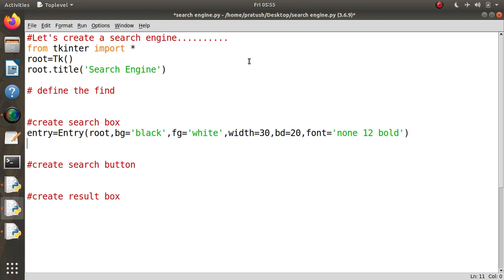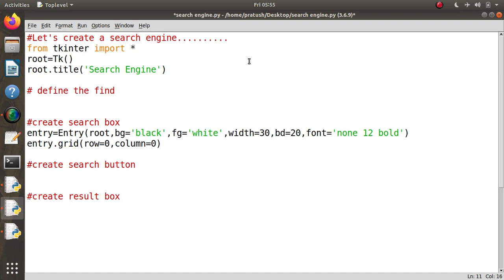Then we will put this on the screen using grid, entry dot grid, and we will put it in row number 0 and column number 0.